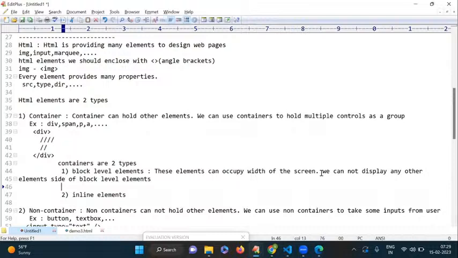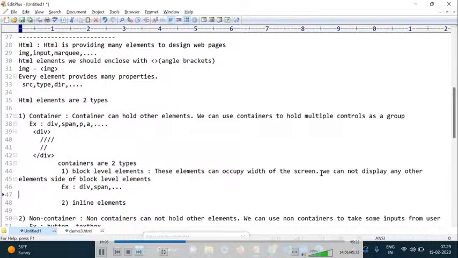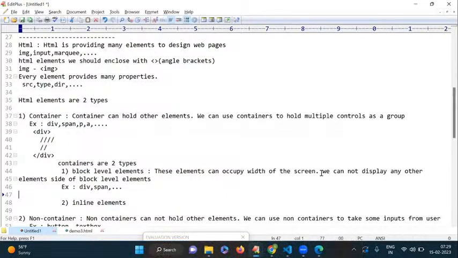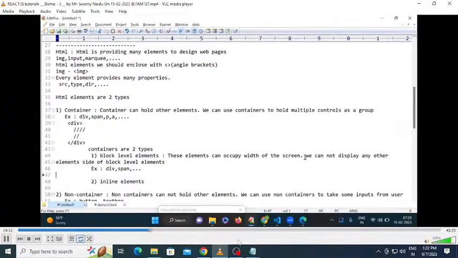What are the examples we have? Div, span, etc. So these are all block level elements. These block level elements we are using to display the contents with the width of the